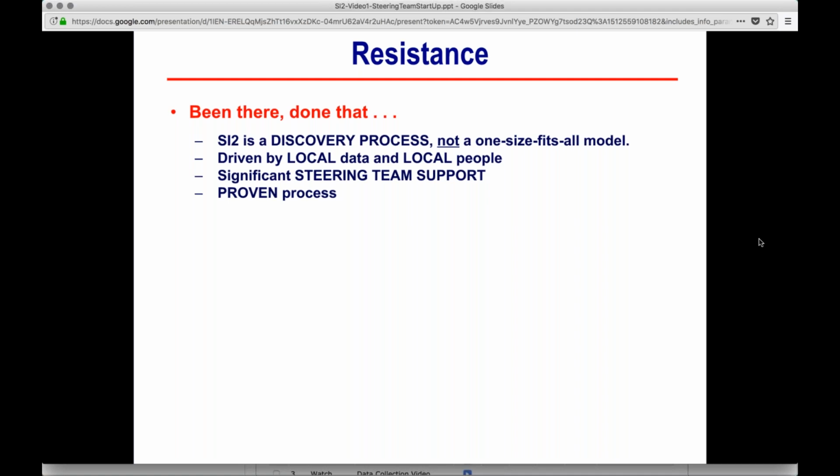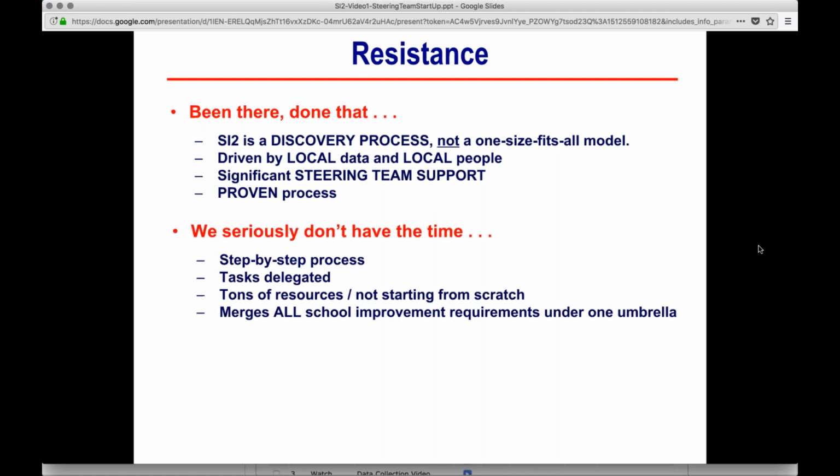It's us giving you a template of what is needed by the state, by federal guidelines, by Title I, by everyone else. But at the same time, it's giving you very valuable tools to be able to actually get something done. So it is not one size fits all by any means. It gets significant steering team support.